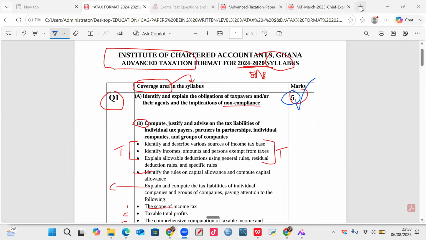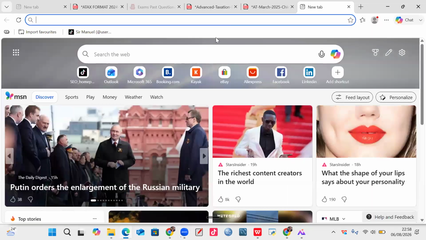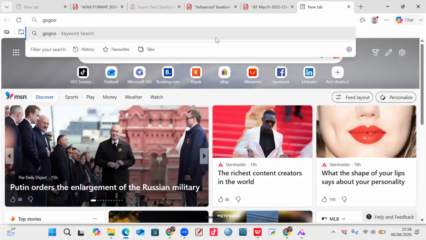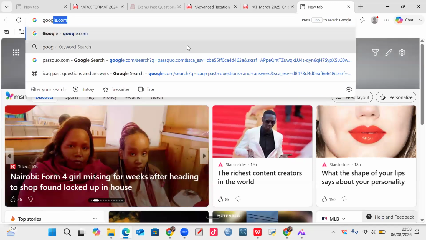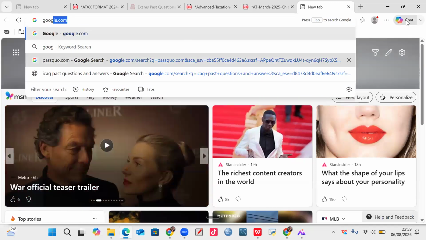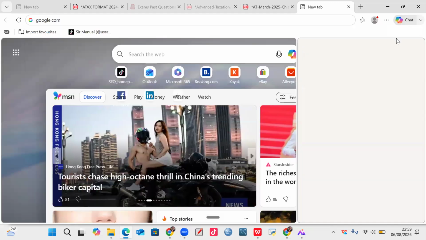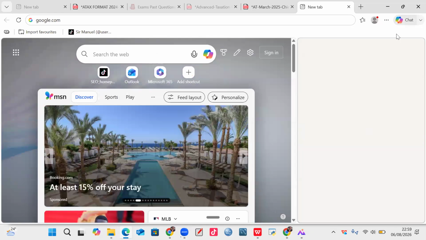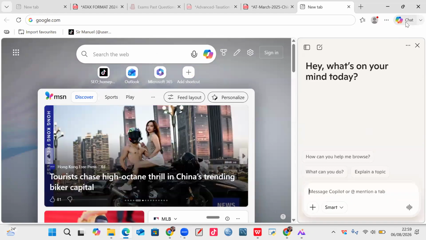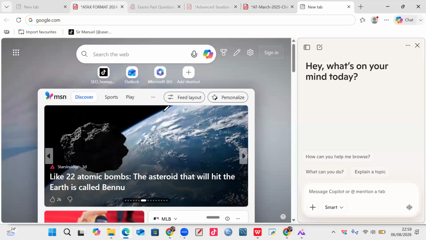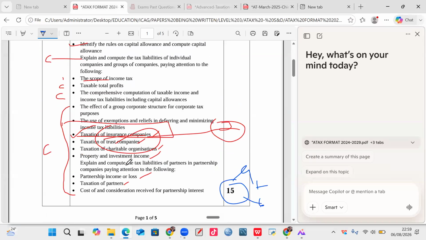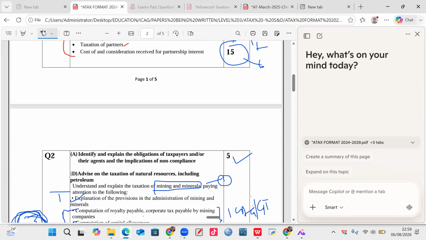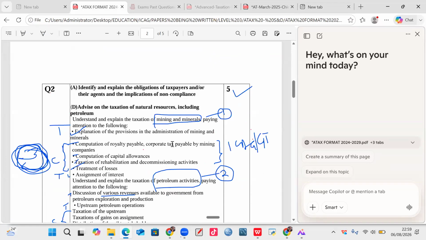Let me use Copilot here. There are so many chats. If this is Microsoft Edge, Copilot is at the chat here. Have you seen it? That's Copilot on the right. So I can click it, but I want a wider version. I want to use the whole, so I can click it here. And let's assume that there is a concept here I don't understand. Let me pick one and let's see.